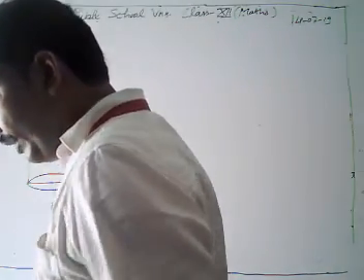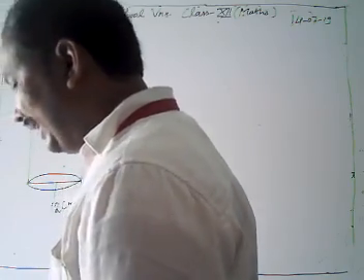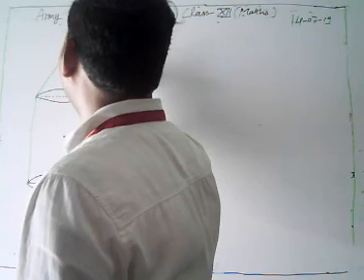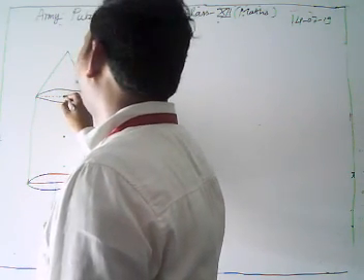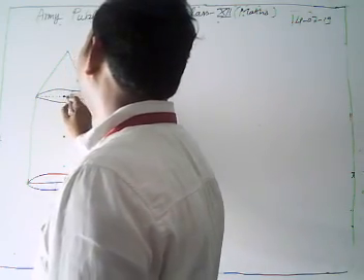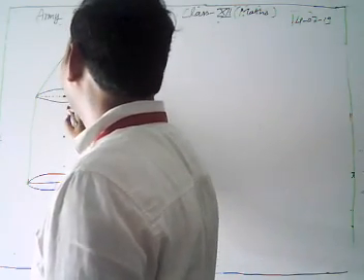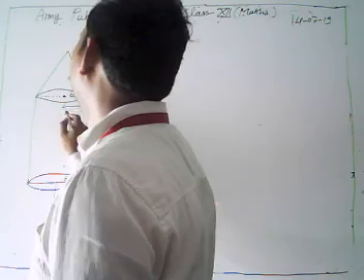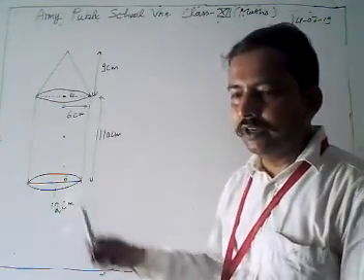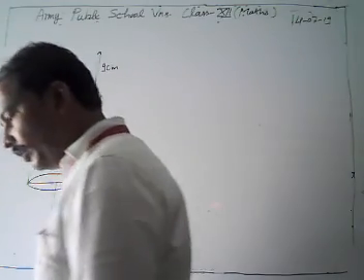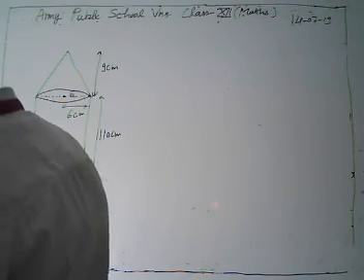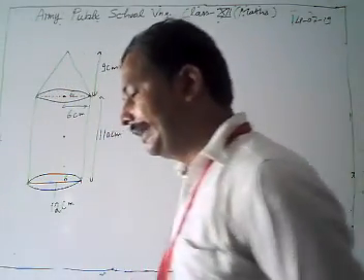Now what do we have here? The given cone is 9 centimeter height. The height of the cone is 9 centimeter. It's surmounted on the top, so its radius is 6; the radius of this cone is also 6 centimeter. This is our 6 centimeter radius of the cylinder, as well as the radius of the cone. Now, find the mass of the pole, given that 1 centimeter cube of iron has 8 gram mass.